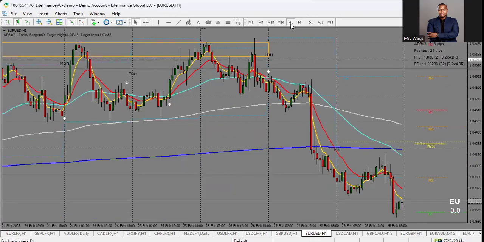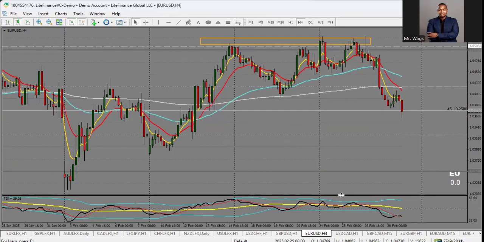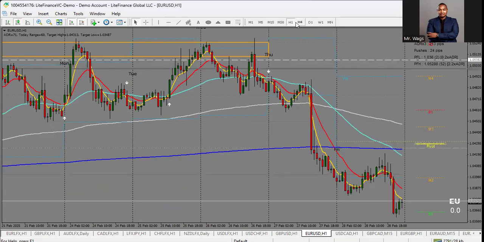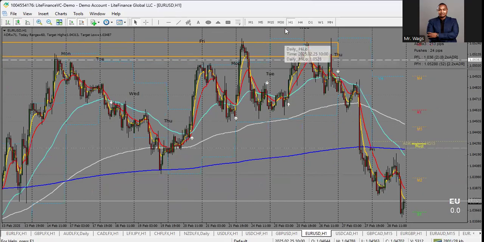Okay, so on the 4-hour, what does the TDI tell us? The TDI was also in consolidation. We have the RSI price line bouncing around this level here, but then it's moving as the market is moving, and it's not telling us anything. We don't have a potential peak formation or anything. So here we have the peak